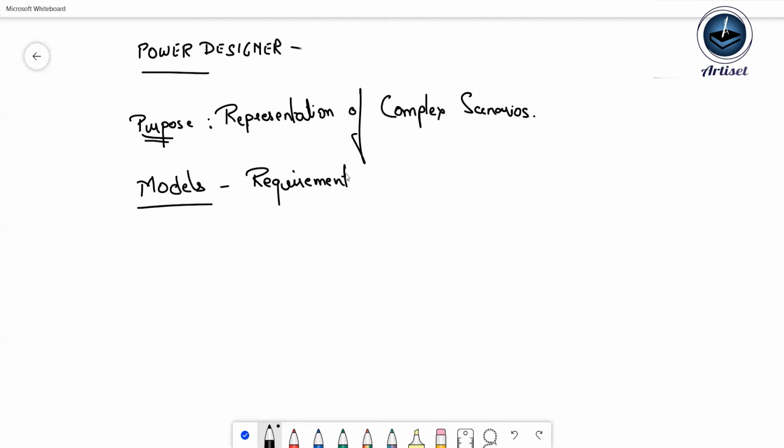This requirement model denotes how the system is from the perspective of an end user. From an end user's perspective, what is the requirement? I want to jot it down in a way that the representation is self-explanatory. That is called modeling, requirement modeling. Once the requirement modeling is done from a business perspective,